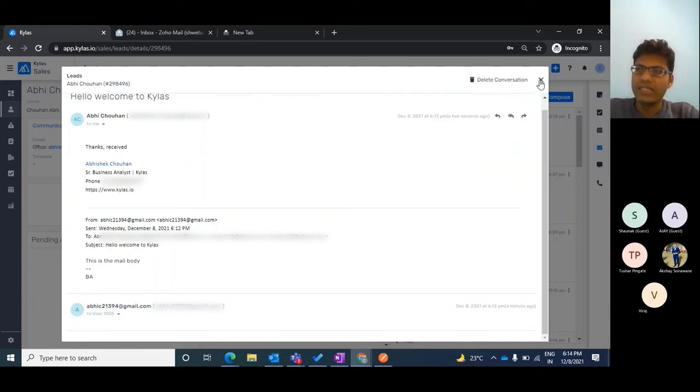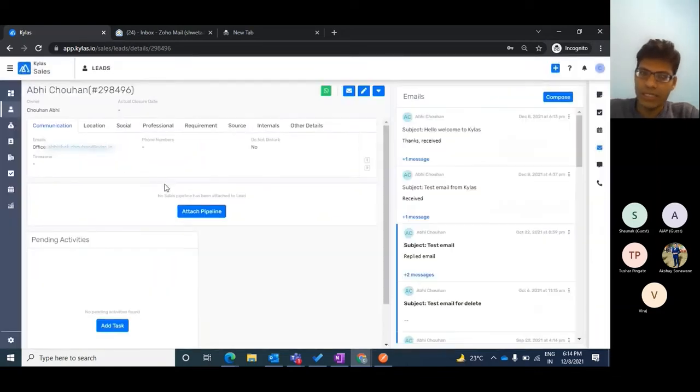We are sending emails with the help of your connected account only. We are not using our server. This email is sent by the Gmail server only. We are just hitting the Gmail send email API within Kailas, so that you don't have to go to your Gmail inbox. So this is two-way syncing. Even if you send an email from your phone via the Gmail app, that is also visible over here. If you feel more comfortable using your Gmail application, that's okay. The conversation will be mapped over here.